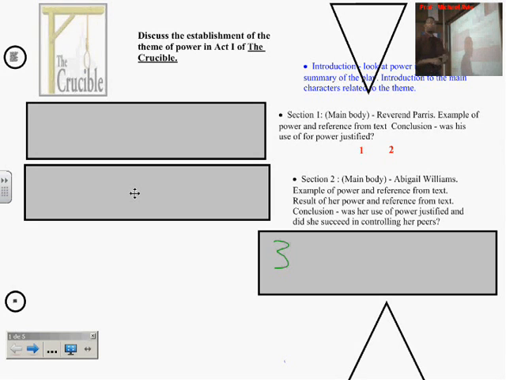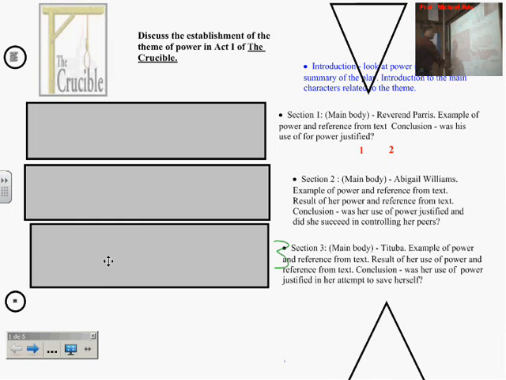So, going on to section 1, as I mentioned before, one of the most important things here is looking at the text, reading through it very quickly, but having a good general idea of where the information is that you're looking for. Remember, we must always keep in mind what our title is. And our title is Discussion of the Theme of Power in Act 1 of The Crucible. Oftentimes we get distracted by